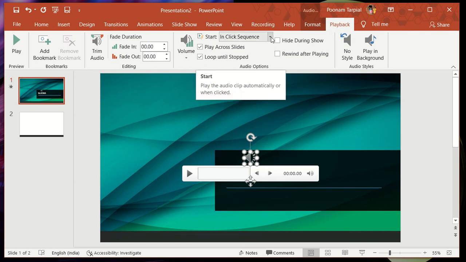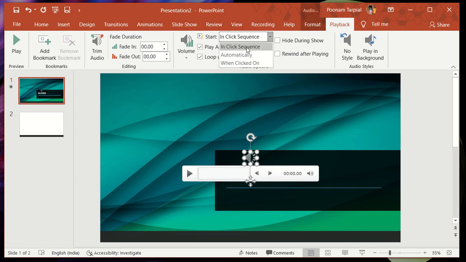Now, how do you want the music to be played? Do you want it to be played in sequence, automatically, or when clicked on? When clicked on means that the moment you hit a specific slide, only then the music is going to be played. Automatically means that the moment you put your presentation on a slideshow, it is going to run across the slides.